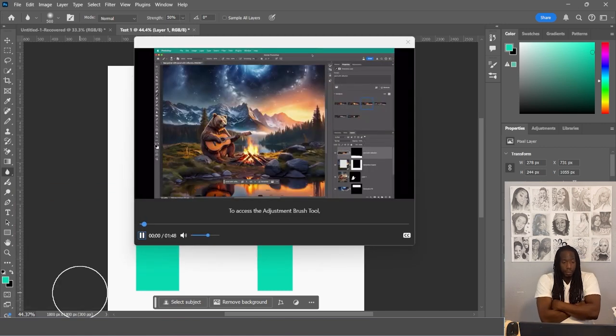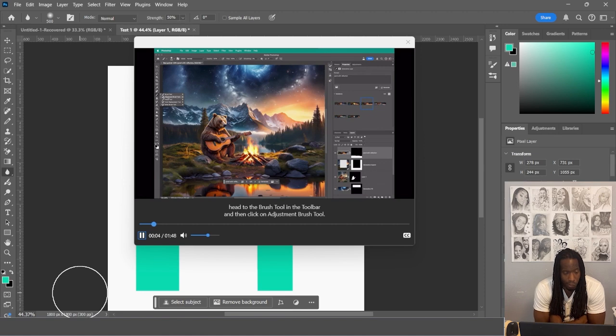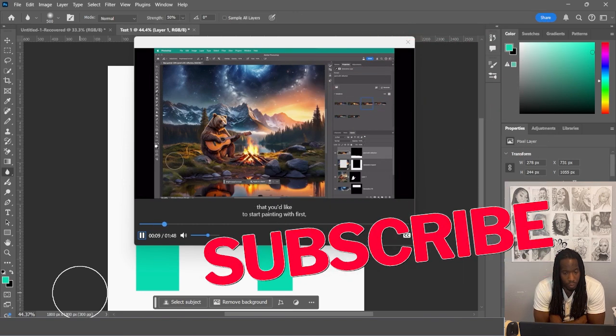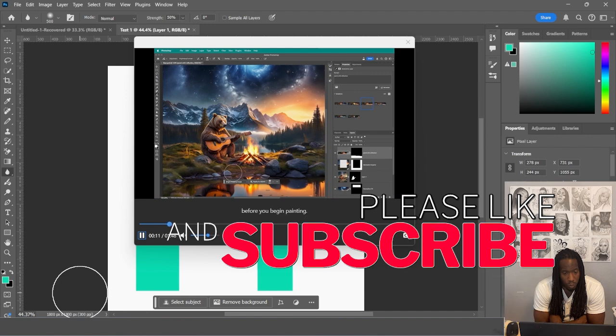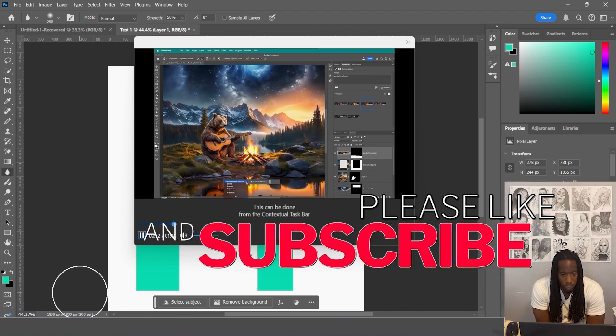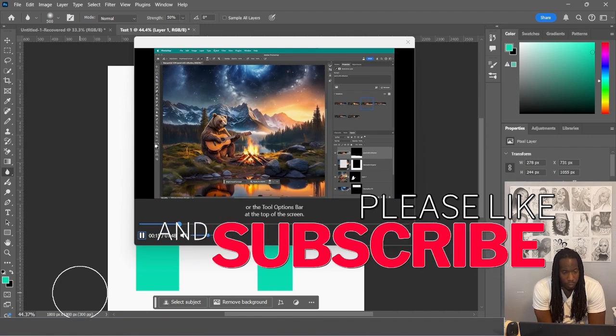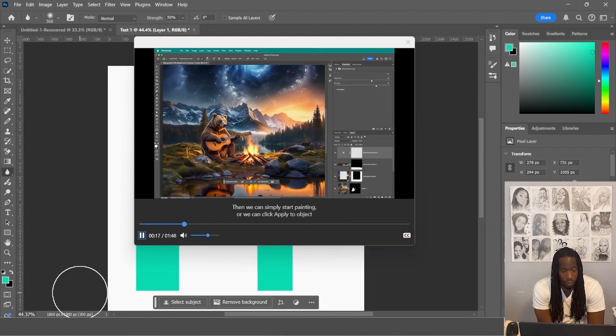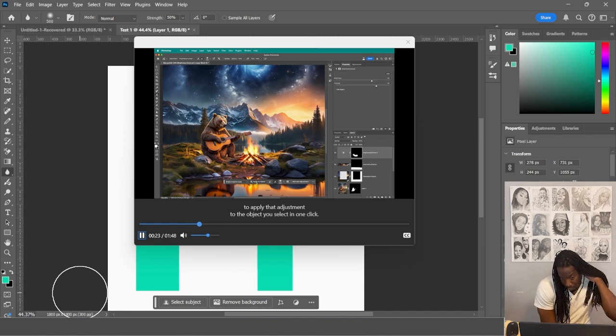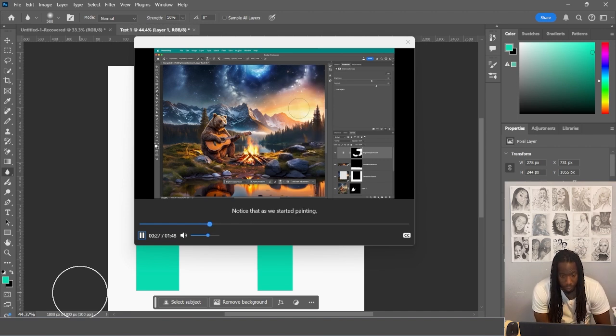To access the adjustment brush tool, head to the brush tool in the toolbar and then click on adjustment brush tool. Select the adjustment that you'd like to start painting with first before you begin painting. This can be done from the contextual taskbar or the tool options bar at the top of the screen. Then we can simply start painting, or we can click apply to object to apply the adjustment to the object you select in one click. So let's start painting. Notice that as we started painting, an adjustment layer with a